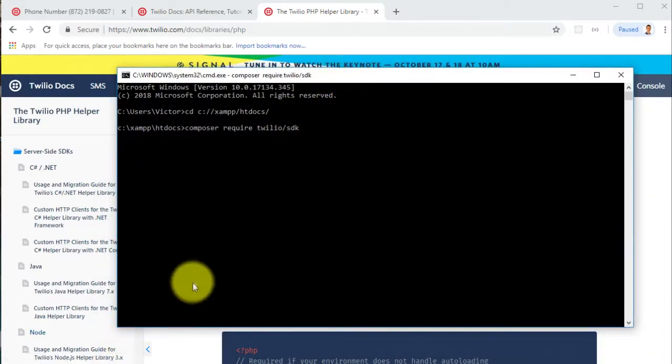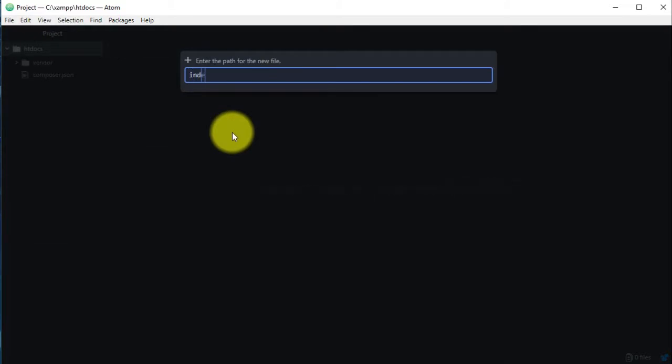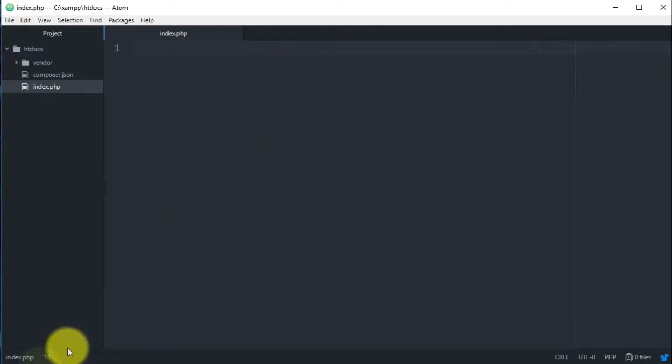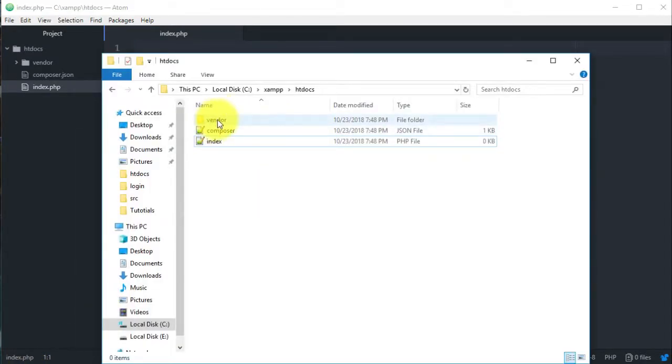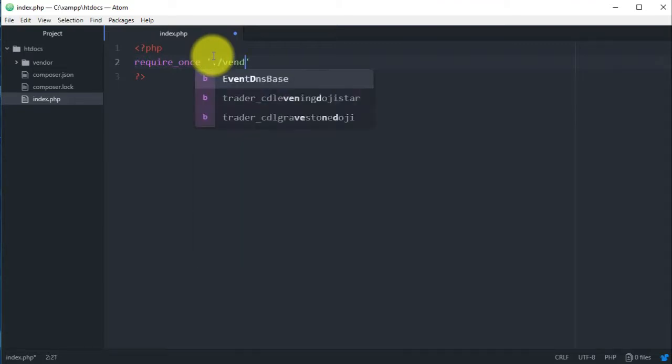This is gonna take a while, and while this is installing, let's go ahead and create a new PHP file. I'm just gonna create it in my htdocs, and I will name it index.php. And as I already know, the library is gonna be in the same folder. Here we wanna open the PHP tag, and the first thing we wanna do is require the library. Require once. Actually, we'll have it like this, vendor slash